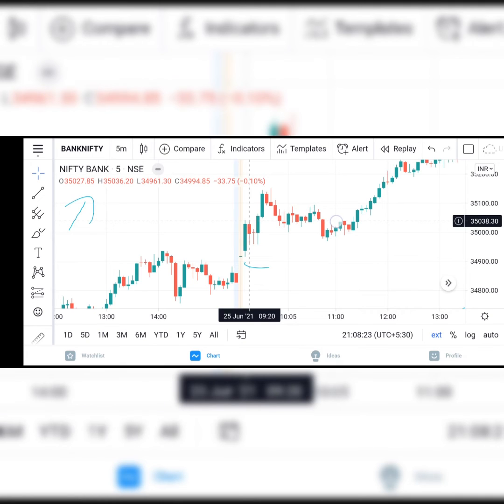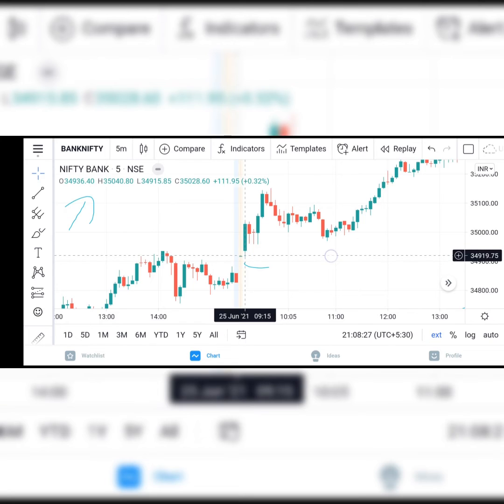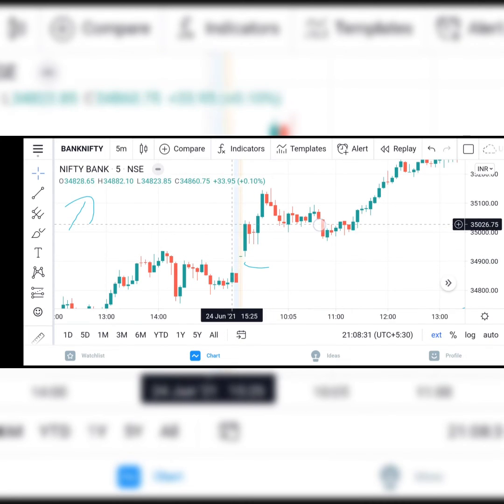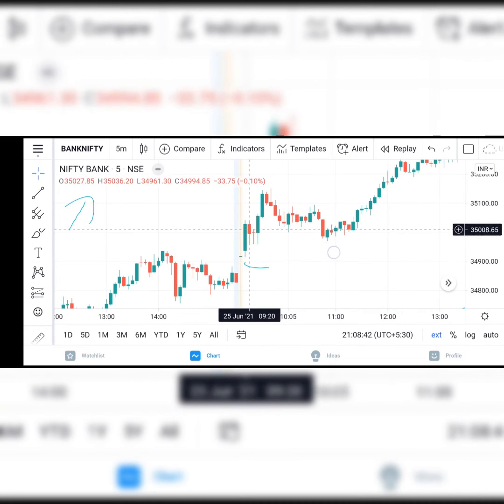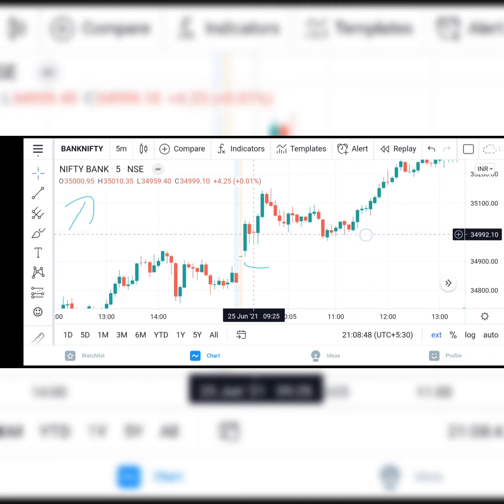Same goes downwards. Even the bears tried to pull the market downwards, but they were not able to, and again the price bounced. Hence there was a wick. It symbolizes that the price has touched till there. You can see till here in this case. So these are called wicks, and this rectangle full of color is called the body. Now the same thing goes for the bearish candle, correct? In the bearish candle also, that red rectangle is the body, and these lines are called wicks.